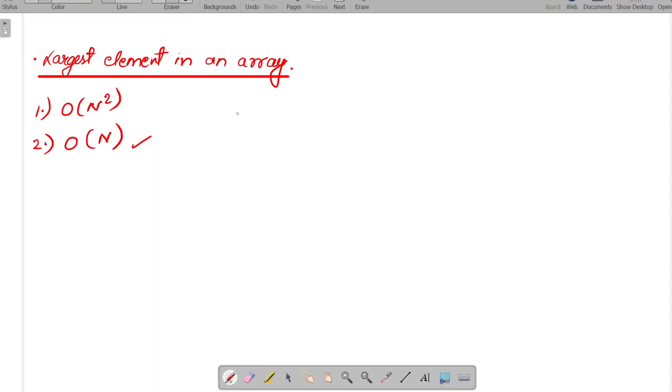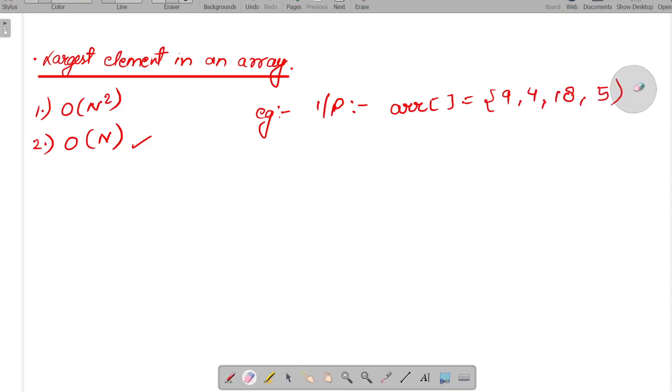Let's take an example array. We have an input array with the elements 9, 4, 18 and, let's say, 5. Among these given digits we have to find the maximum one.